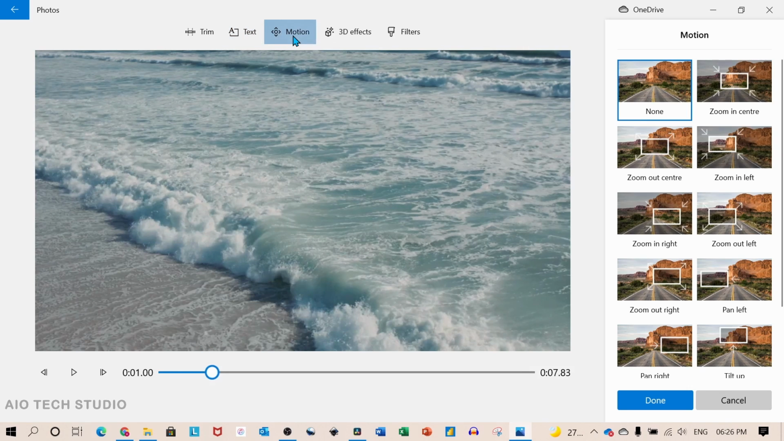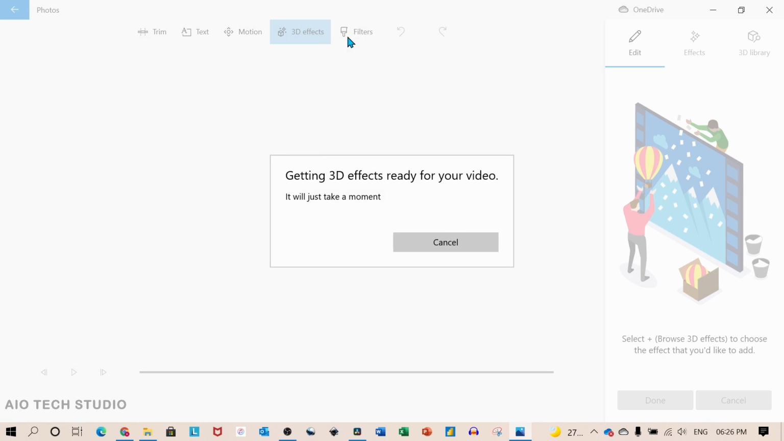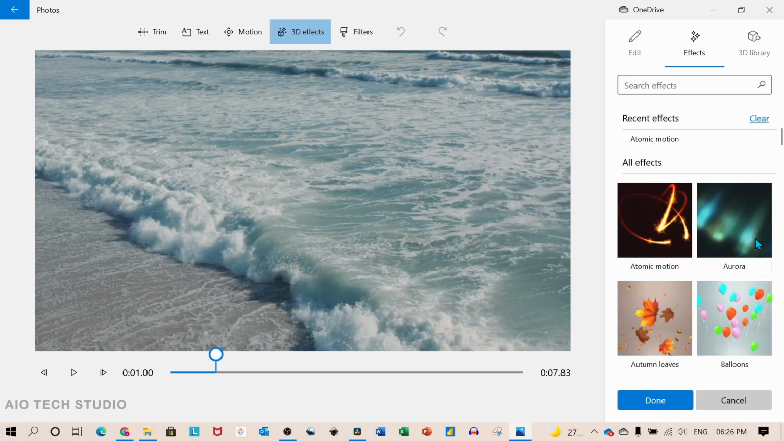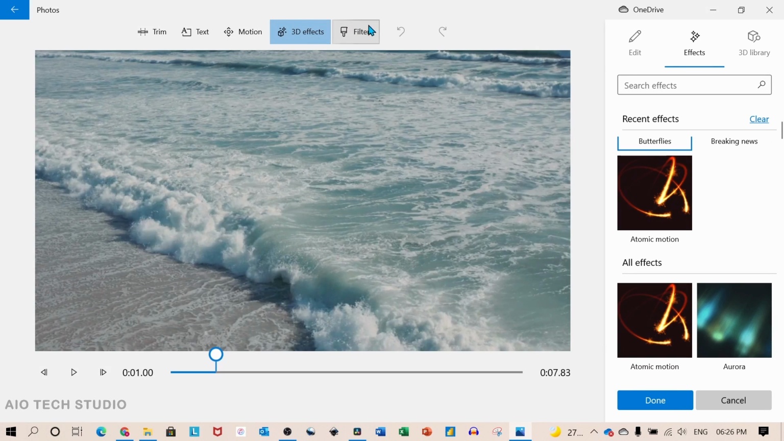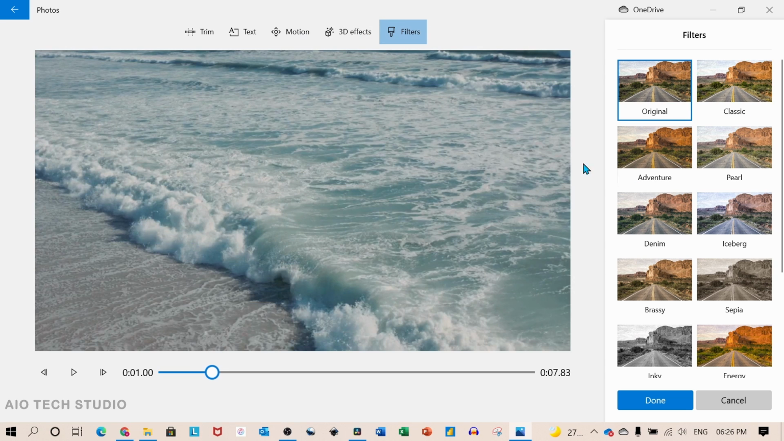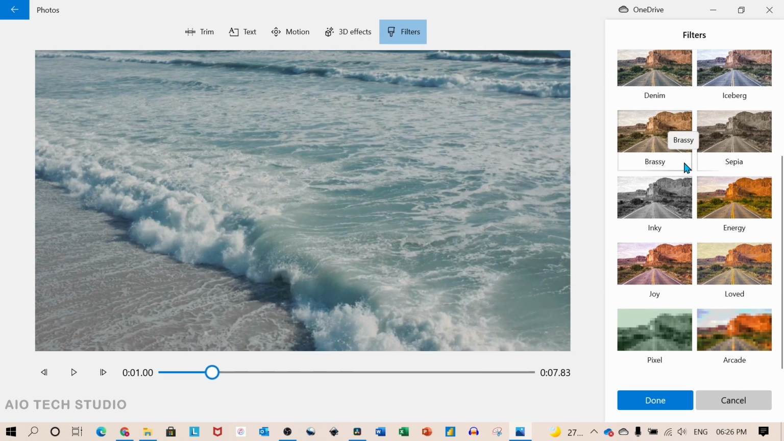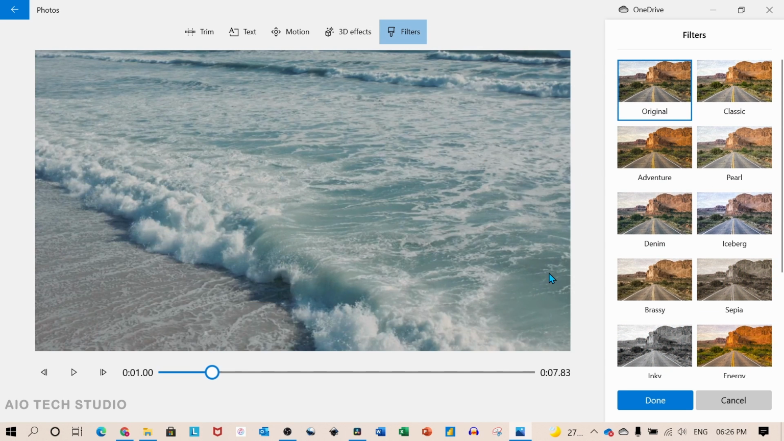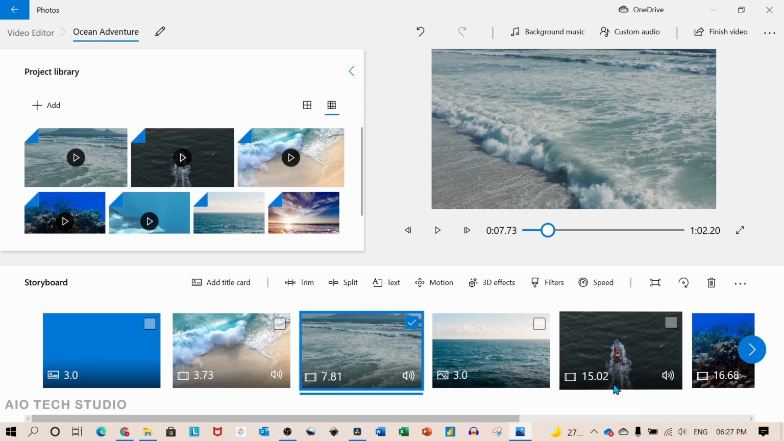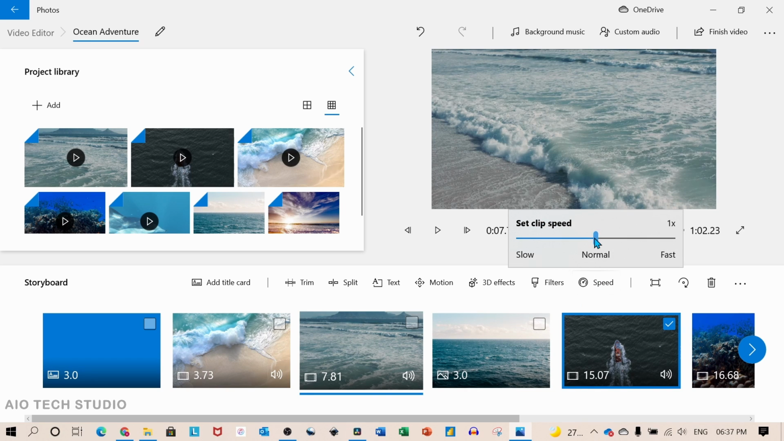With the motion option, you can add camera motion. With the 3D effects, you can add 3D objects or 3D effects. And with the filter option, you can add a camera filter. Once you have done all the editing to the clip, you can click on the done button to go back to the project page. And the final tool is the speed option, where you can set the playback speed to